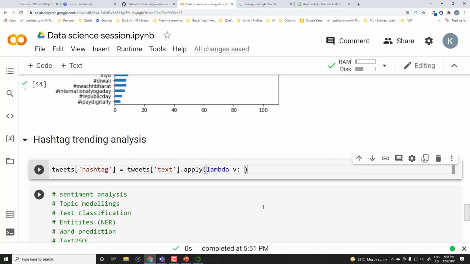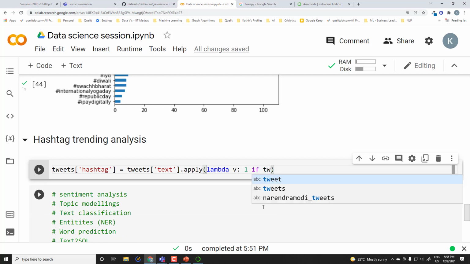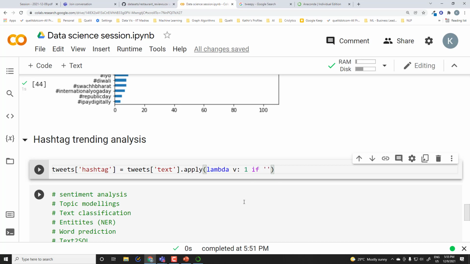So slowly you can deep dive in. I'll just check whether each tweet contains a hashtag or not. One, if the tweet contains it. So let's take My Clean India. Whether this hashtag is available in each tweet or not, we can check it out.